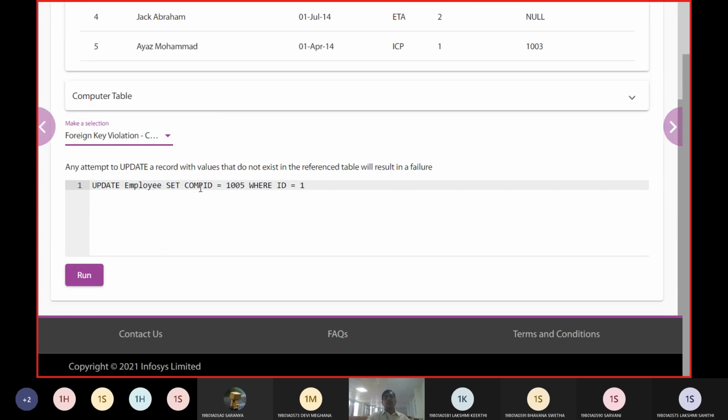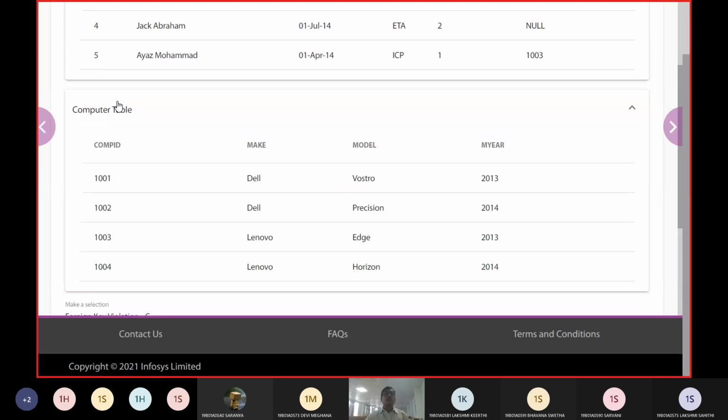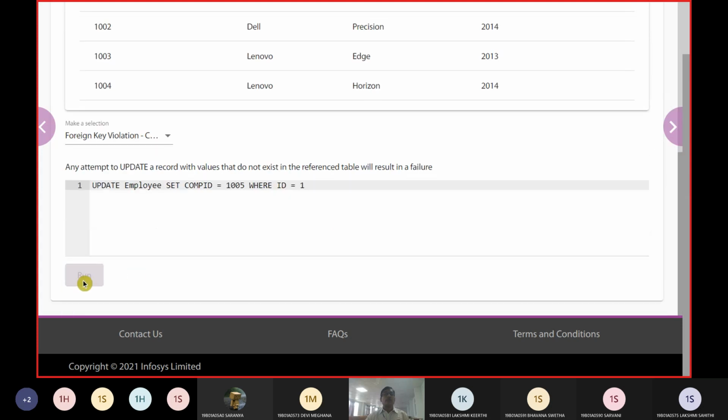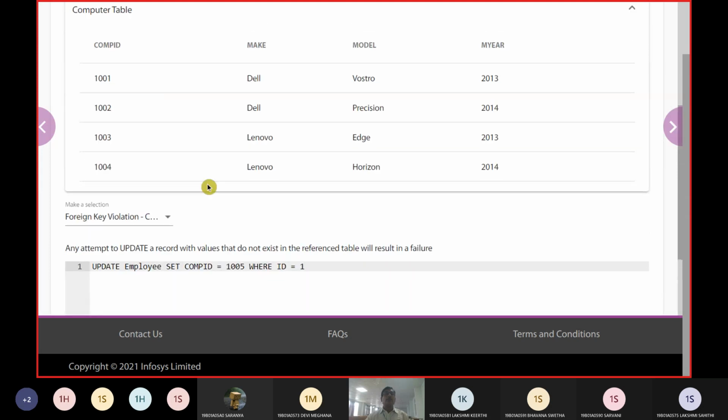Update employee set company ID equal to 1005 where ID is equal to 1. The company table is the child table here, and the master table was employee. So again, 1005 is not going to exist, because 1001, 2, 3, 4 are the only four records in this table.